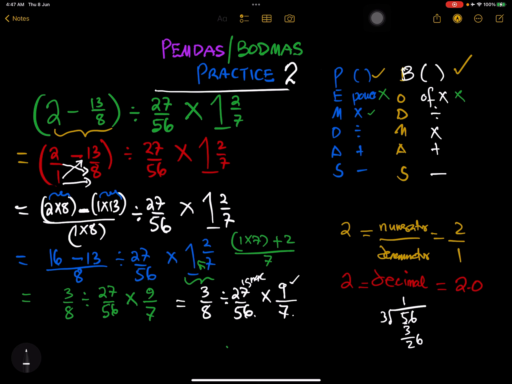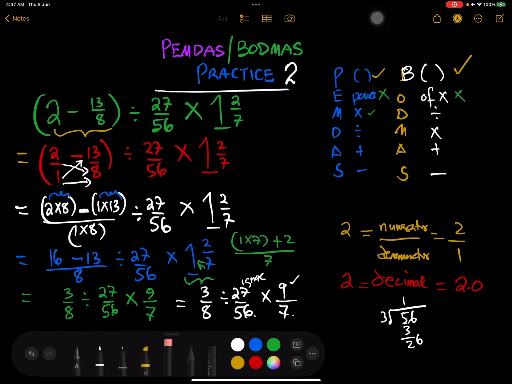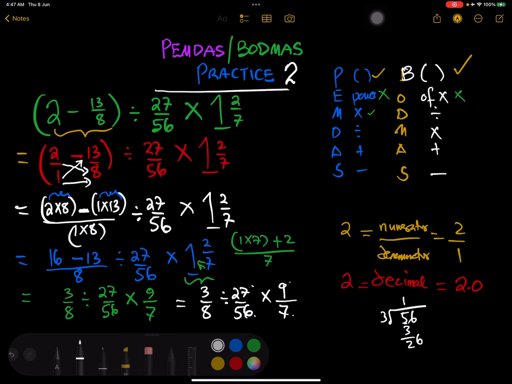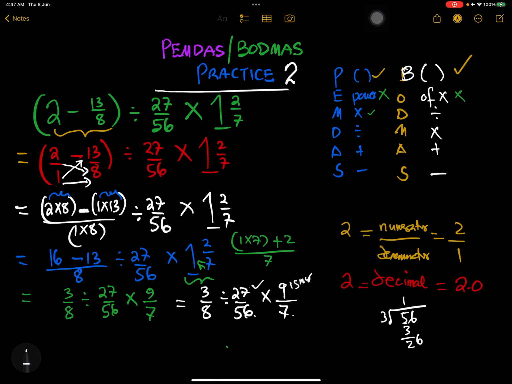If we also pick 27 and ignore 9, can 27 go into 56? The answer is no. Can 27 go into 7? The answer is also no. So we cannot do anything about it other than multiply the numerators and the denominators, right? So we're going to have